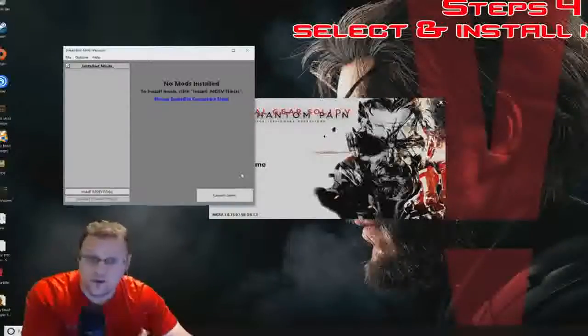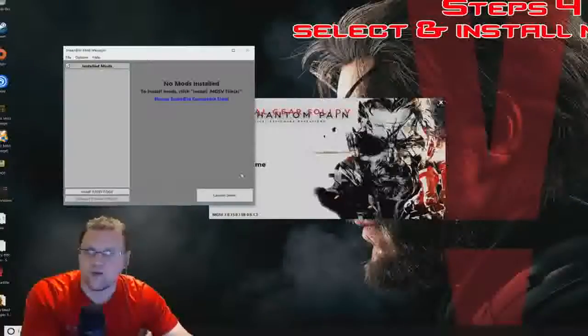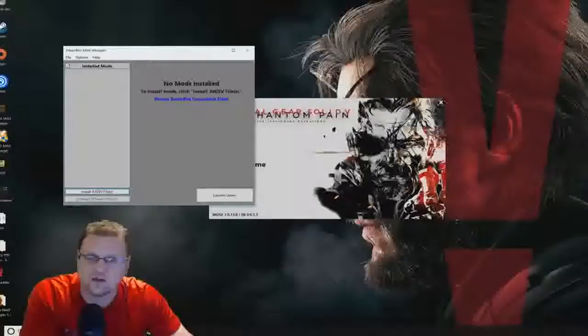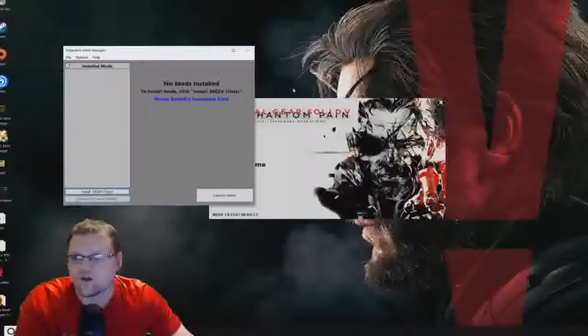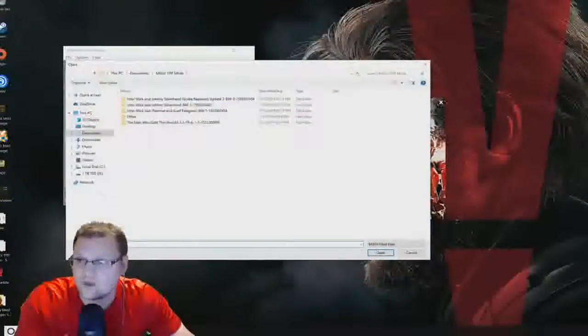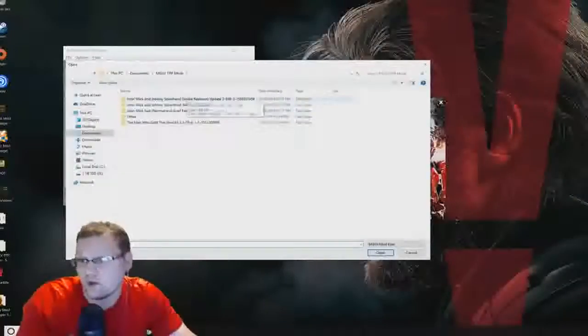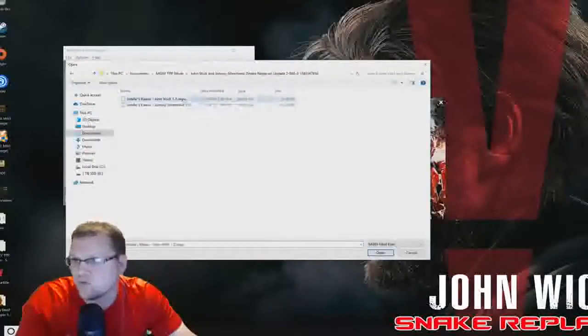Now to get started, I'm going to show you first how to use the Snake Replacer mod files, and start showing you how to do so playing as John Wick. Using this particular method, you're going to want to install two different mod files. So go to install.mgsv files, and then find where you place the Snake Replacer mods, and make sure that you select the John Wick 1.2